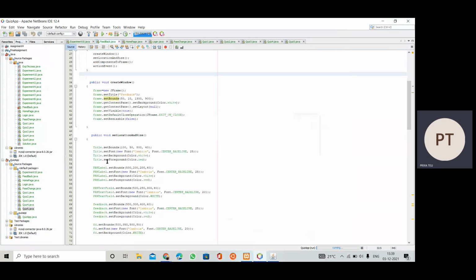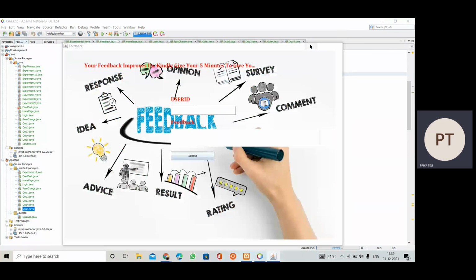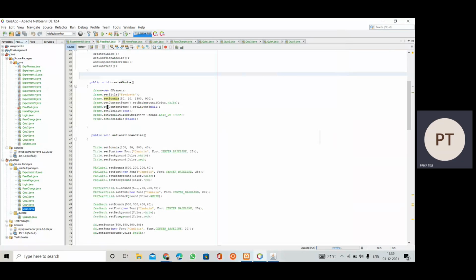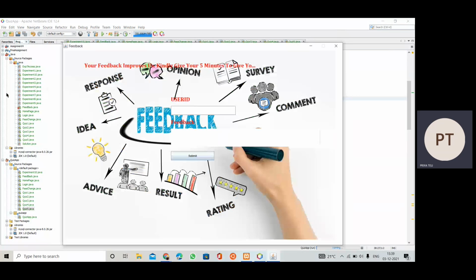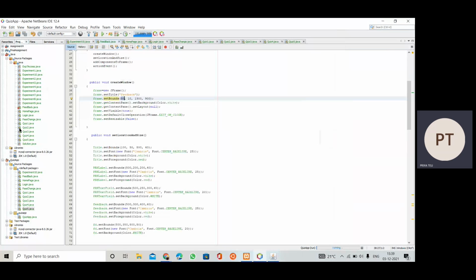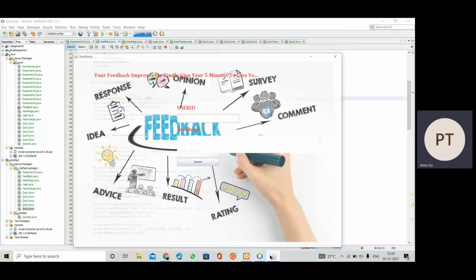So it will decide where it will appear in this way. Here the x distance is taken from the left and the y distance is taken from the top, going downwards. Here this is the width and height of our frame, which appears here.